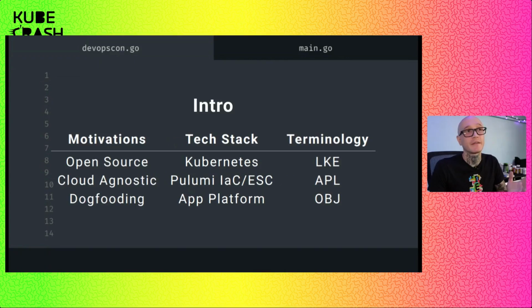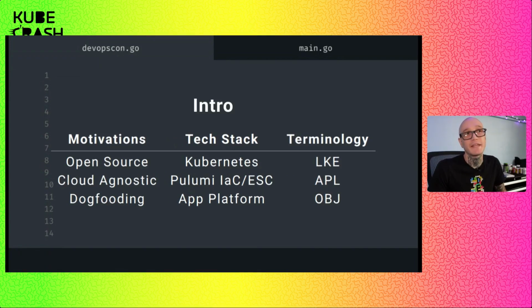But with that said, the tech stack, we are running on Kubernetes. We are using Pulumi for infrastructure as code and for secrets management. We picked Pulumi because of the flexibility that we have in these unforeseen twists and turns we might run into, and because I really just appreciate that it lets me be a programmer about it, and I don't have to refine my YAML engineering skills or deal with the rigidity of HCL.